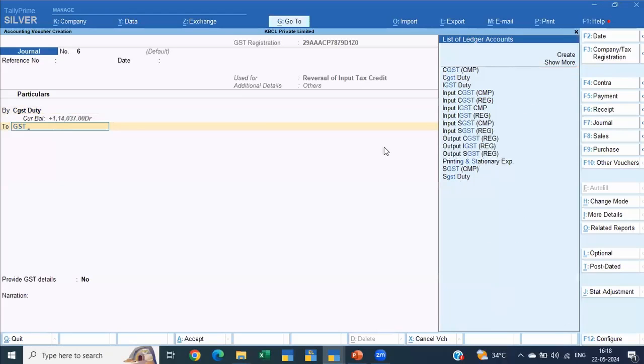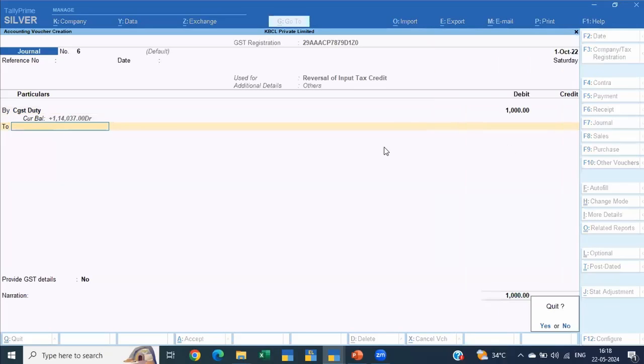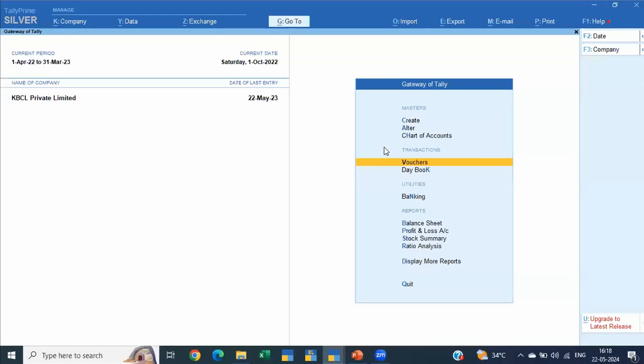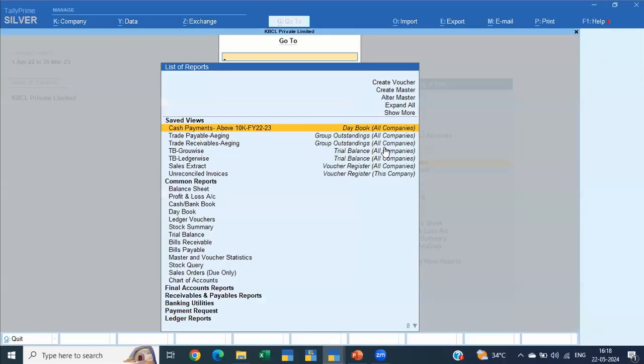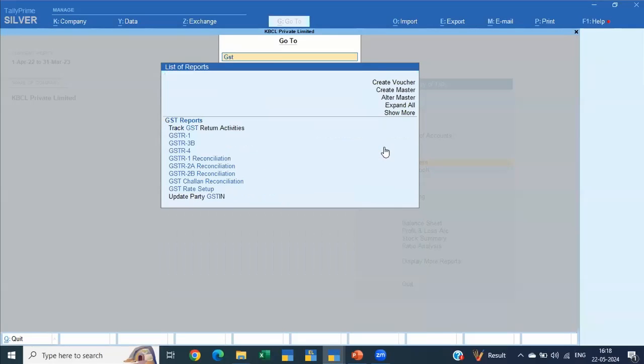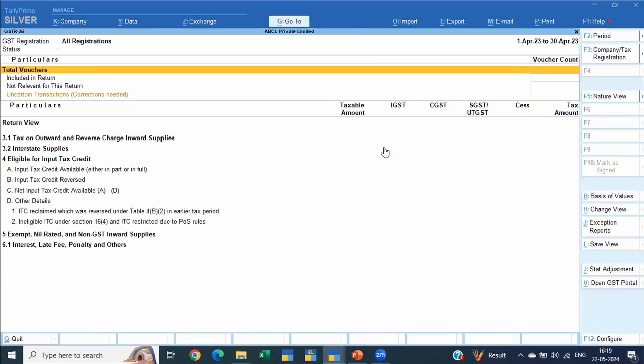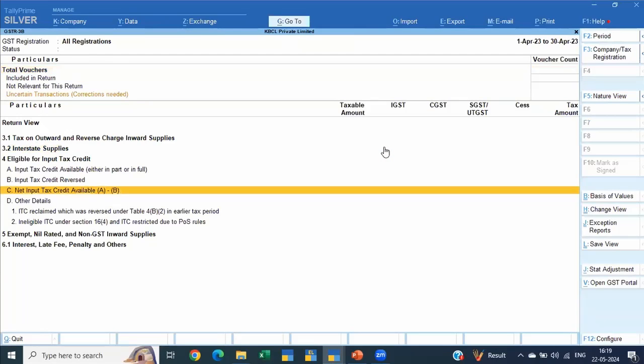The next query is, can we get an ineligible input credit report ledger-wise? Is that available? Ineligible input tax credit, you want it ledger-wise.